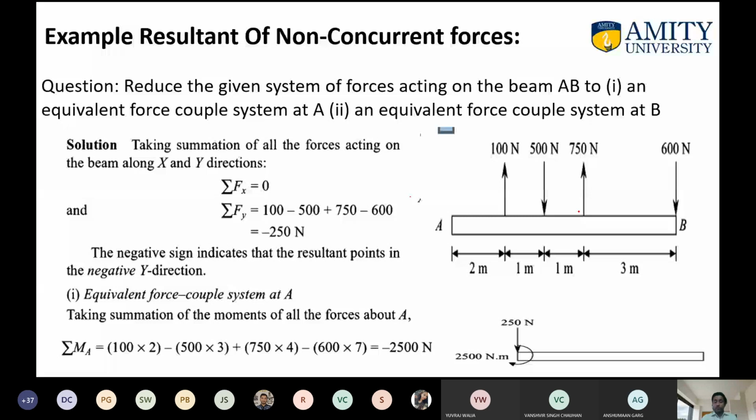So now it is clear, the theorem and how you have to find the resultant of non-concurrent forces. That is all from my side for 50% of the first module, and that's why I'm running slow, because you have to solve the assignment also. On Wednesday I will be starting friction.